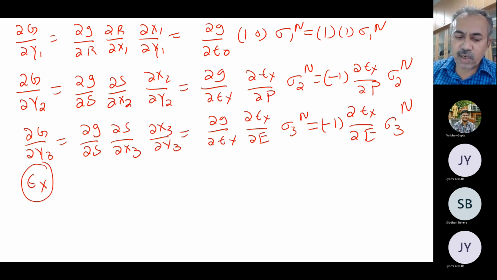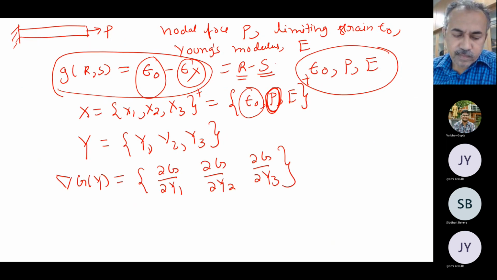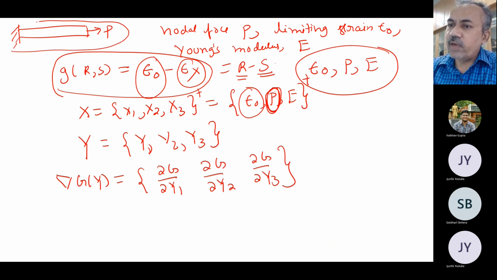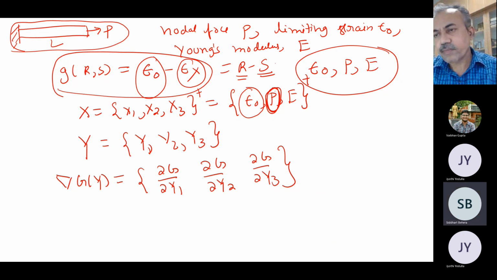What is the expression for epsilon x? How do we calculate epsilon x? How to find out a strain in the beam actually, in the finite element sense? So what is the strain here? See, what is the strain in this bar problem? If L is the length, what is the strain? Displacement, right? PL by AE. So what will be the strain? P by AE.